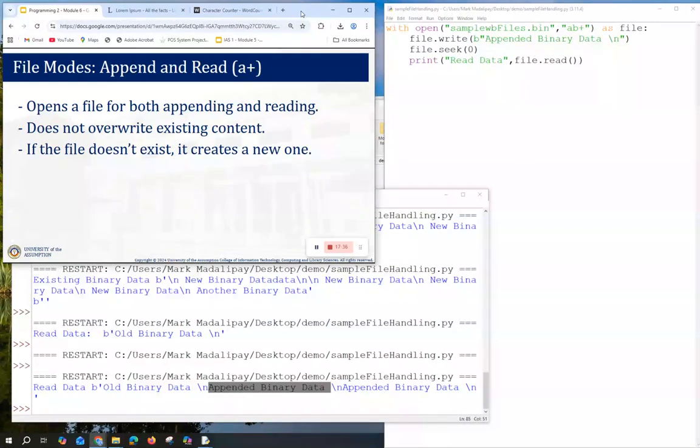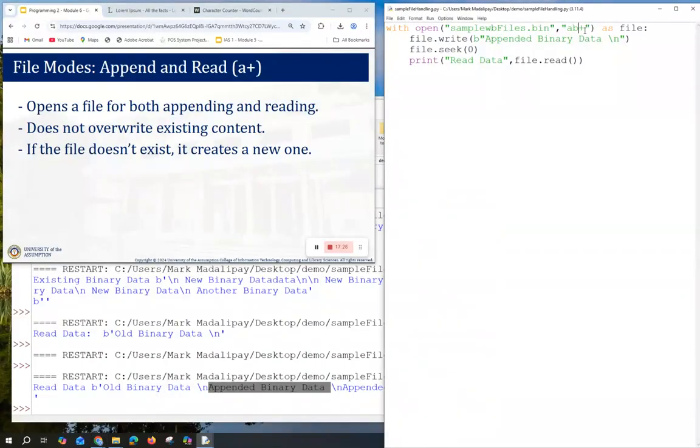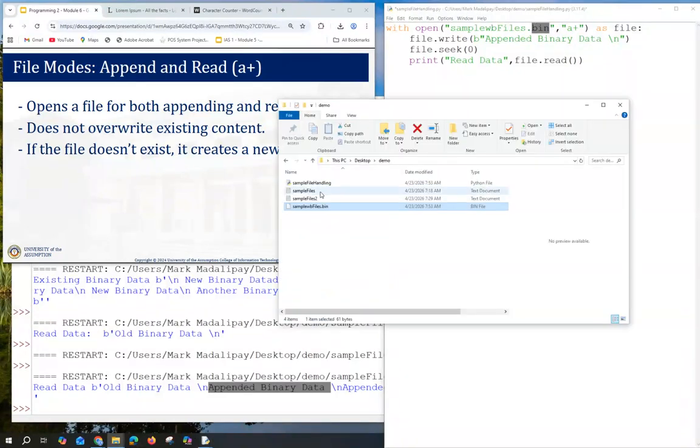Okay, we also have A plus, which opens a file for both appending and reading. So we make use of the AB or the A plus for our text. Okay, so let me just check the name of our text.